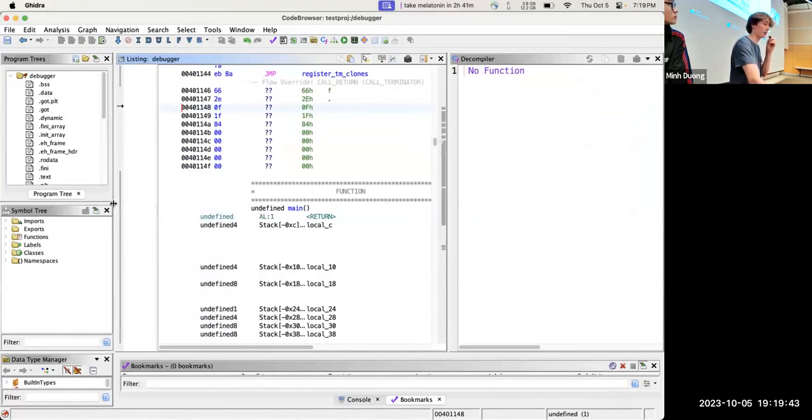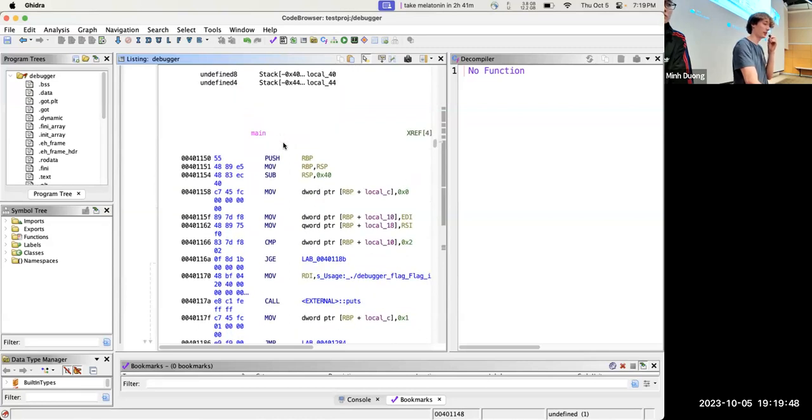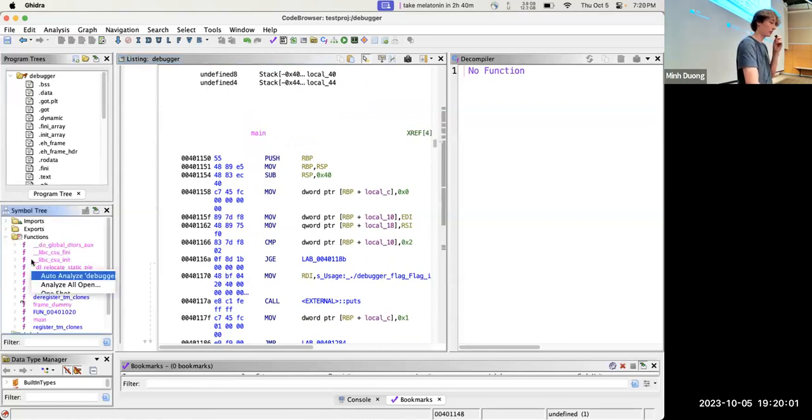So there's a lot of parts to Ghidra. In the middle pane is the assembly of the program, which is pretty daunting to look at when you get started. On the left is your overview of the program. And on the right is the decompiler. If you notice, we haven't selected a function yet, so there's nothing up there. So I'm going to go into the pane called Symbol Tree and click on Functions.